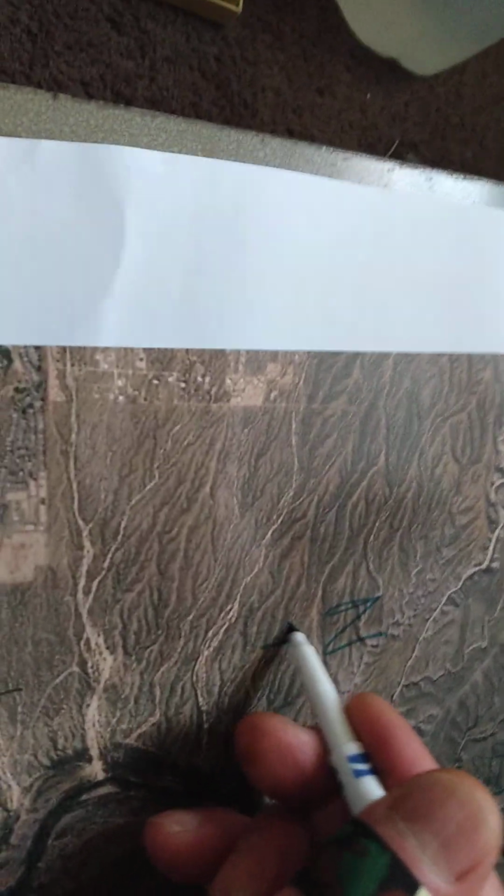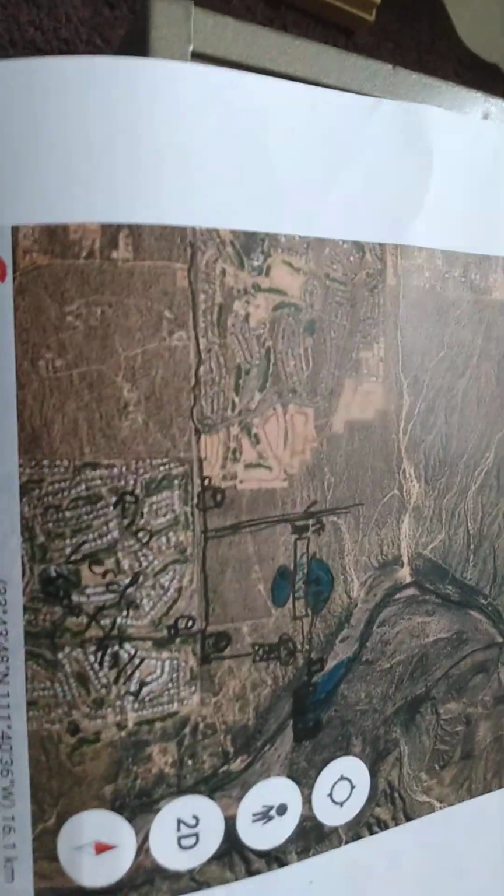Here's a full view of this map. This will be north here. Oh, it's right on there, north. In that area. Let's see, this is the best idea I could come up with, a quicker temporary fix. It might have to be a bigger dam than I think to hold the water back and